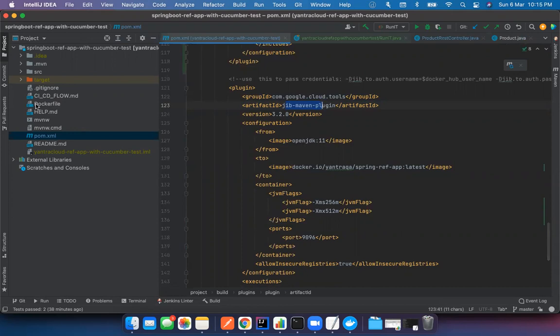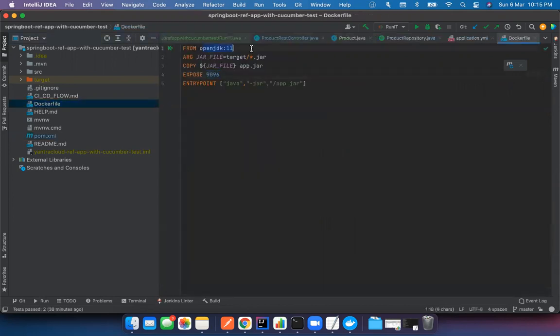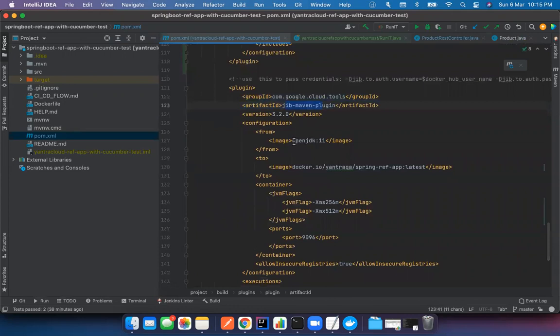So it needs an image. You see, you needed an image here, OpenJDK 11. The same thing you need to provide here: from which image you want to start, because for Docker to work, you need to give a base image, which has something. So I'm saying this, and then from this image, you have